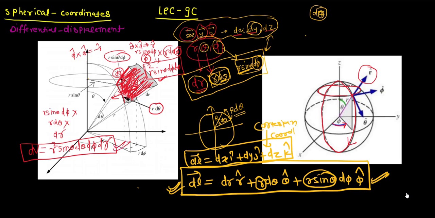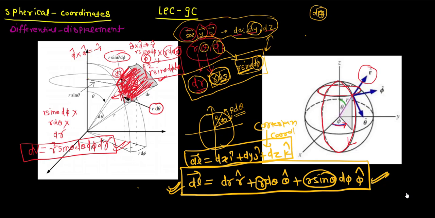So you just have to imagine the length of the element in a particular direction. If you are going in the theta direction, you should be able to imagine the length of the element in your mind, because whenever you are solving a particular question, you need to imagine these spheres or these kinds of geometries in your mind.